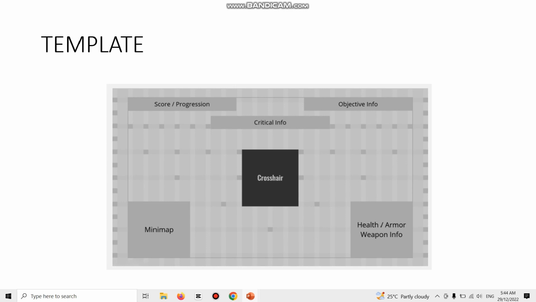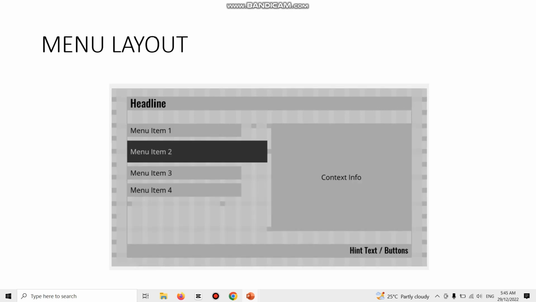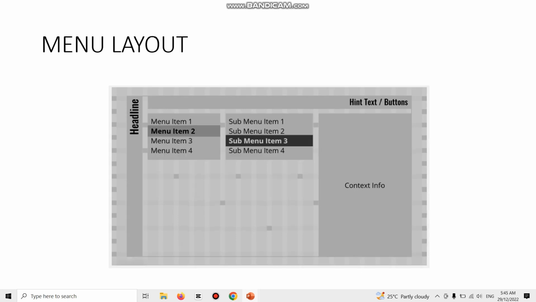So this is the template where normally you have score or progress here on the top left, objective info on the top right, critical info in the middle, and this is the crosshair or the focus area. This is the minimap, and this is the health or armor weapon info. This is for the menu layout. We have the headline here, the hint text or buttons, we have the menu item, okay, and this is the context info. Also we have the headline here and menu items 1 2 3 for the context info. This is the sub menu,